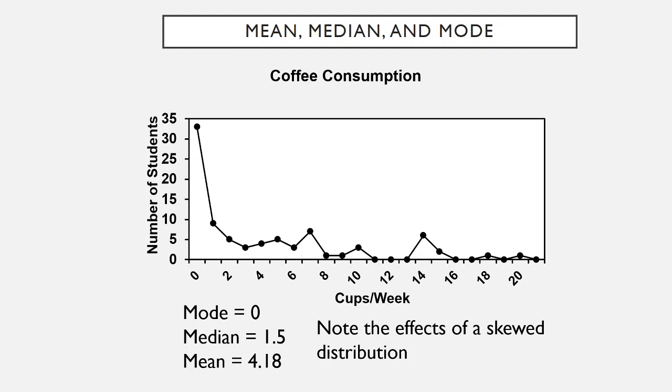So as you can see, this graphic depicts a very skewed data distribution depicting coffee consumption. It indicates that most people don't drink coffee, and that you do see the center of the scores based on the median at around 1.5 cups of coffee. But given that there's some people that drink like 20 cups of coffee a week, you do see that the mean is a little bit skewed. So if you have data that looks like this, you do want to be very thoughtful about which central tendency statistic you opt for, because it might make a difference.